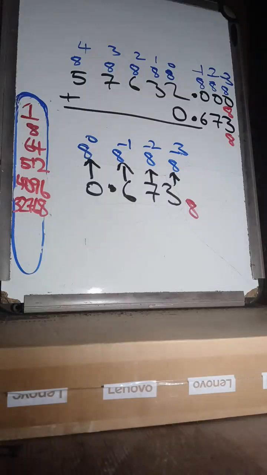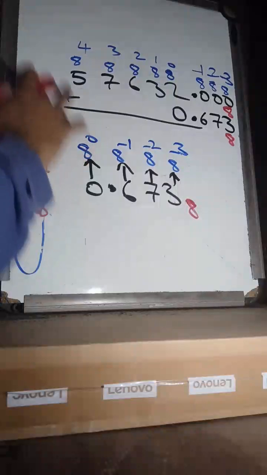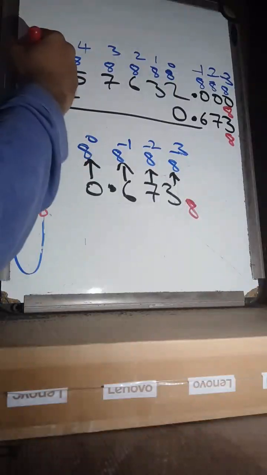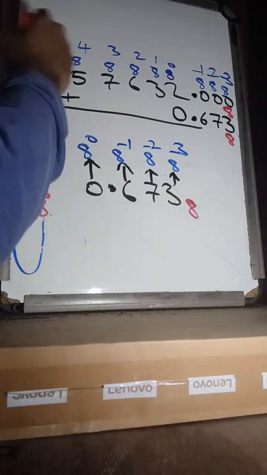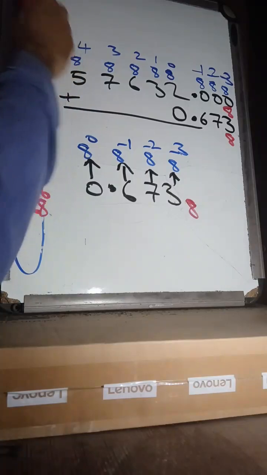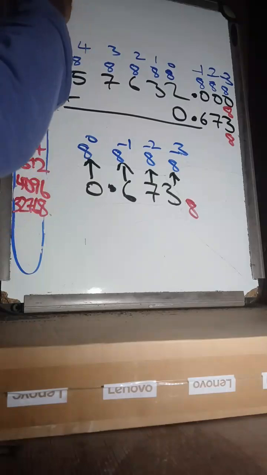Oh, see? I did this, but I forgot to go in the other direction. So maybe I should do that. So if I'm going back now, I must write 1 over 8, 1 over 64, 1 over 512, 1 over